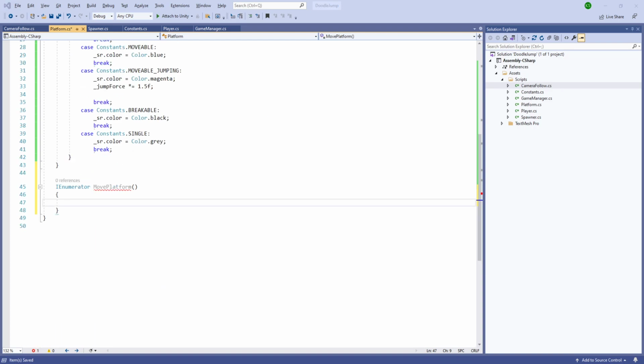And here let's do while true, yield return null, and afterwards let's get the position, and if temp.x is greater than boundsX, or temp.x is less than negative boundsX,